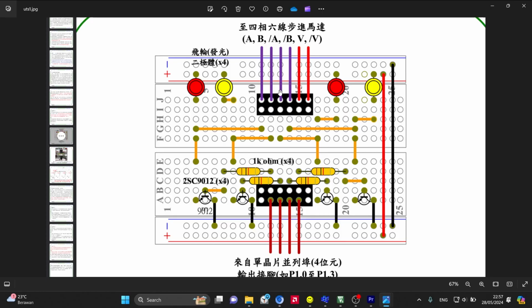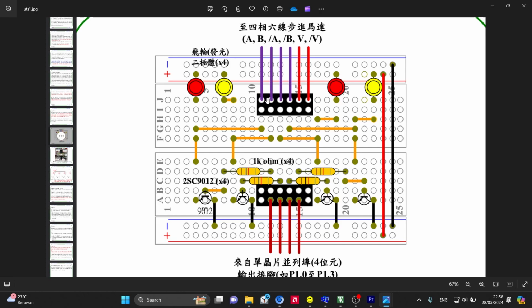So I will explain more on the first part of the circuit, which is the midterm circuit. On top right here, we use 4 LED lights, 2 reds and 2 yellow, and then we have a motor wire right here.